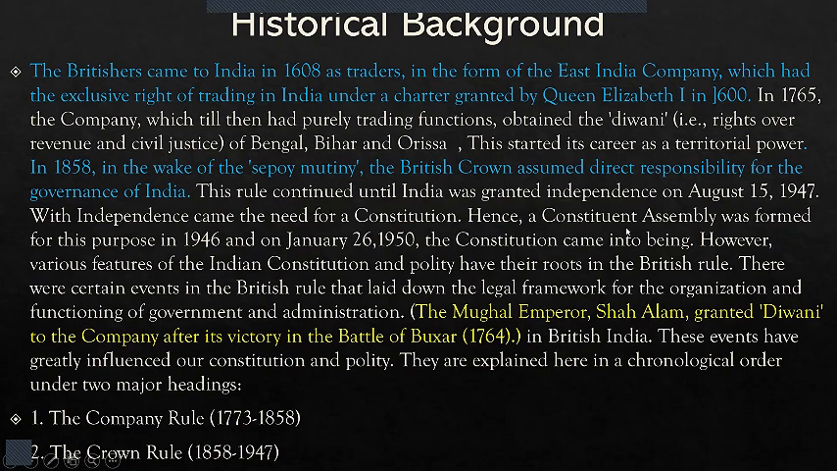So for this purpose, a constituent assembly was formed in 1946. In 1946 it was formed, and on 26 January 1950, the constitution came into being. So what happened was, from 1946 to 26 November 1949, the constitution was written, and on 26 November 1949,